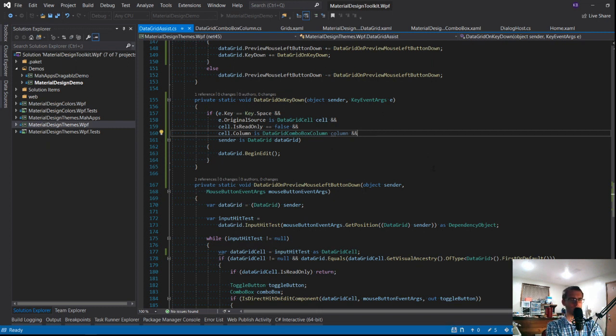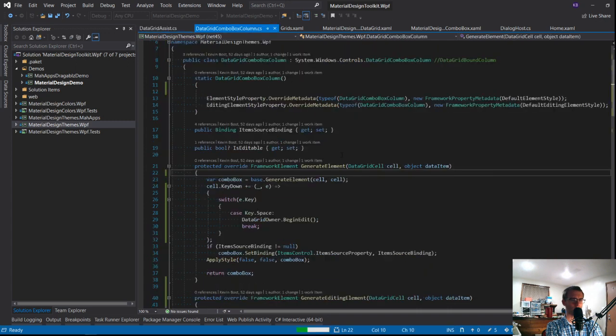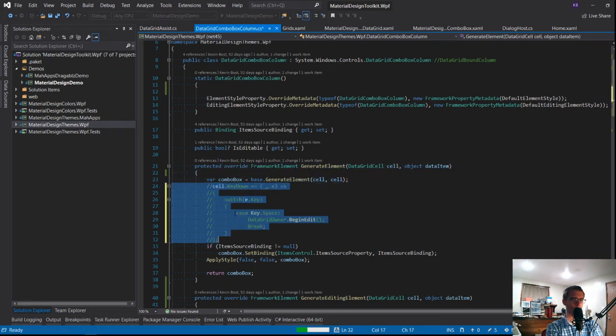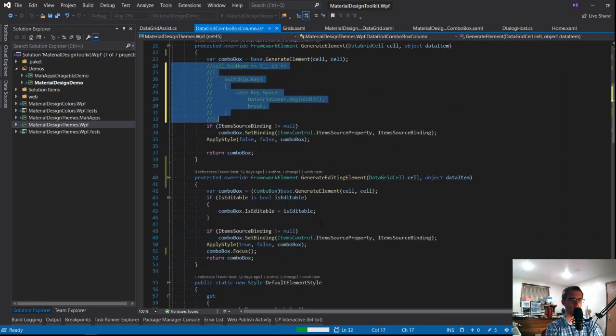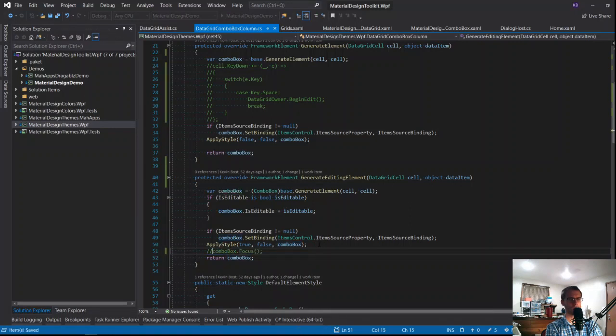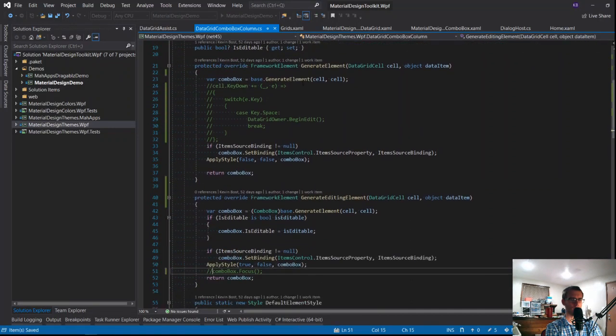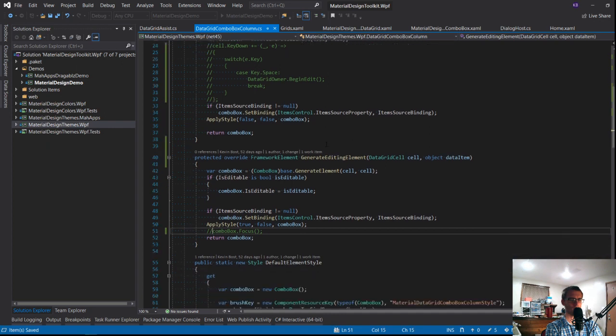Sounds simple enough. Oh, we've got code in here that needs to go away. Turn you off because I don't want to deal with that. And I don't think the focus actually mattered. Maybe it did. I think the BeginEdit is really what triggered everything.